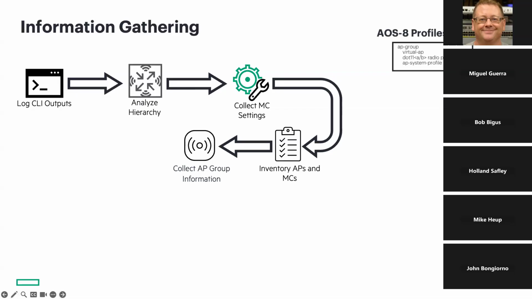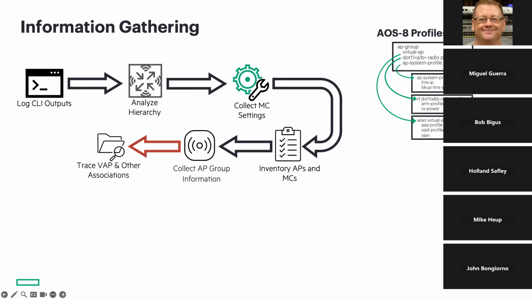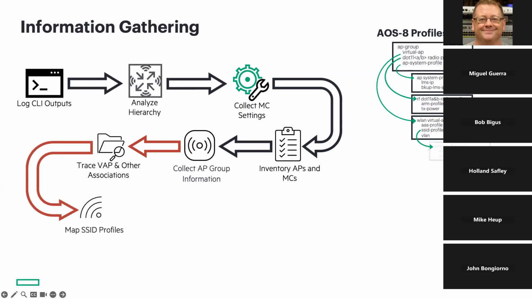Collect the AP group information. Once I have the AP group information, I could then trace down all of the referenced VAPs and other profiles that are needed under the AP group. And then I would map the configuration for each one of those SSID profiles for the different VAPs as they're applied. Because in an AP group, you're going to have multiple VAPs, and this is something that you would